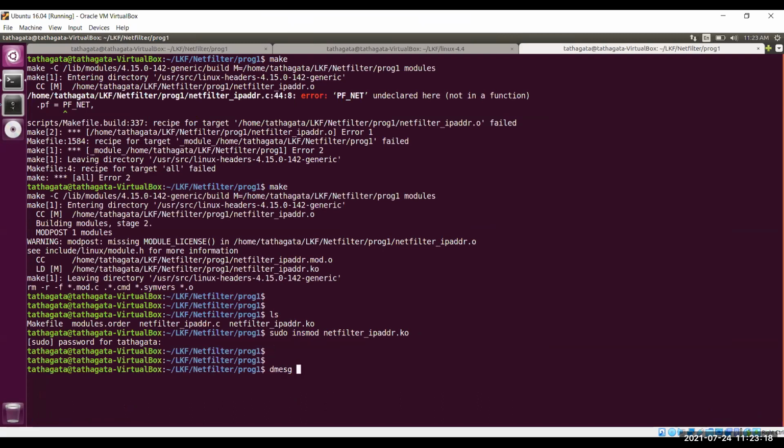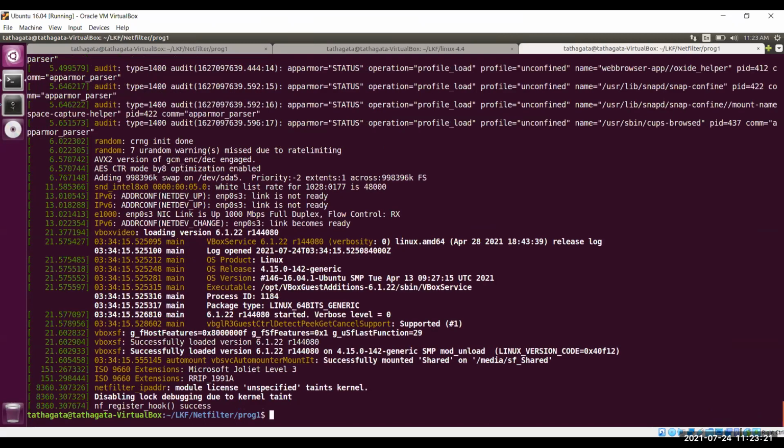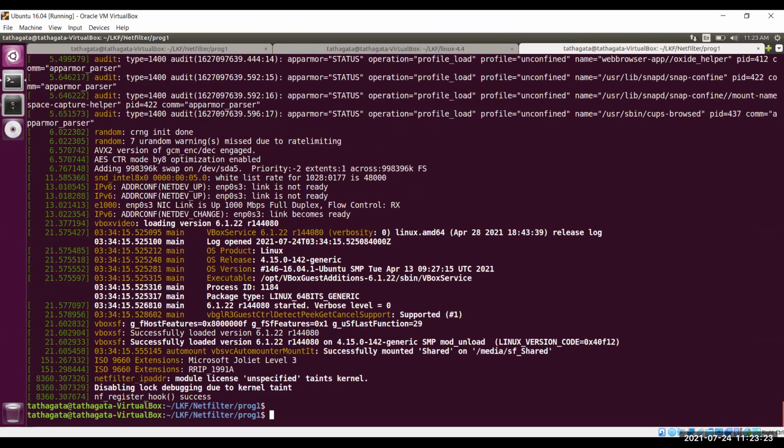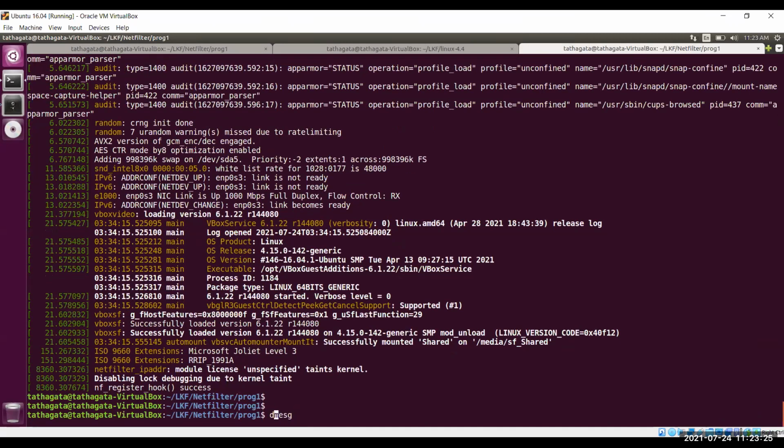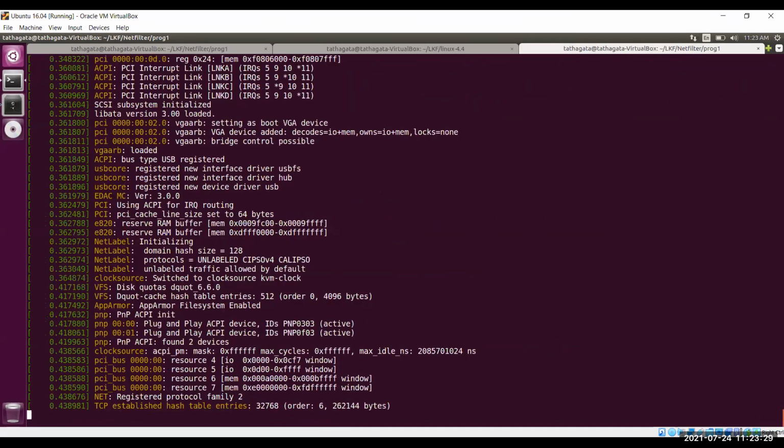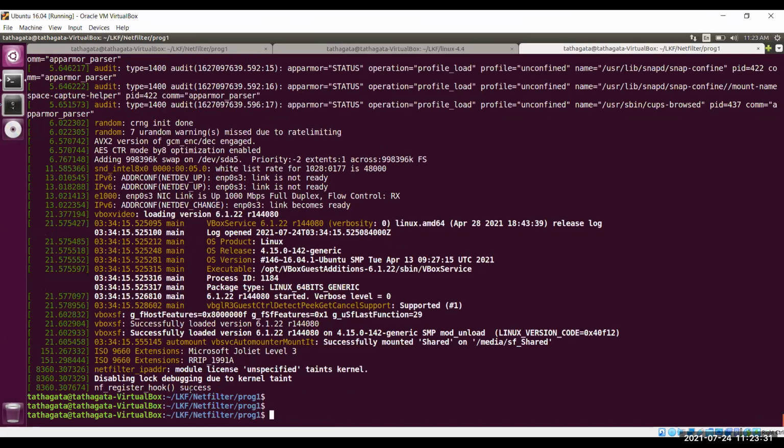So let us first check what is shown in the kernel. So just the hook register is up. Okay.